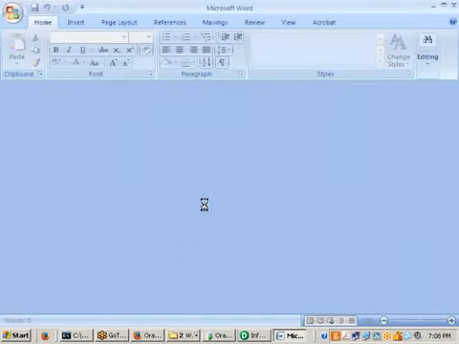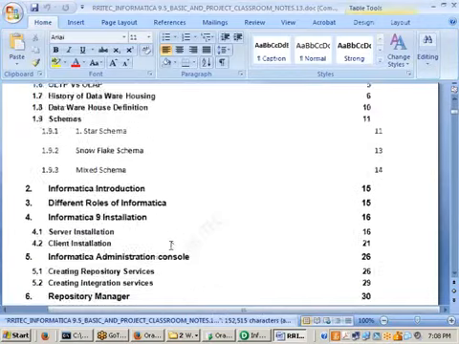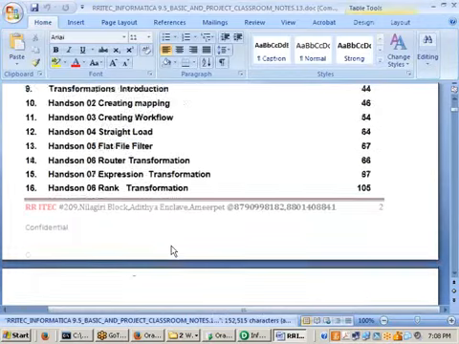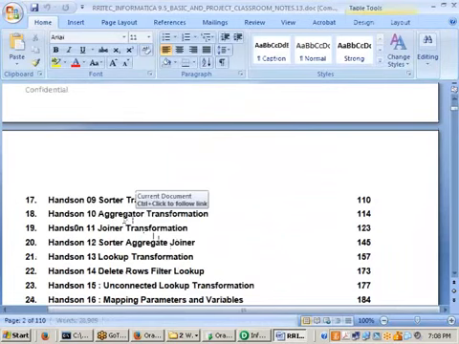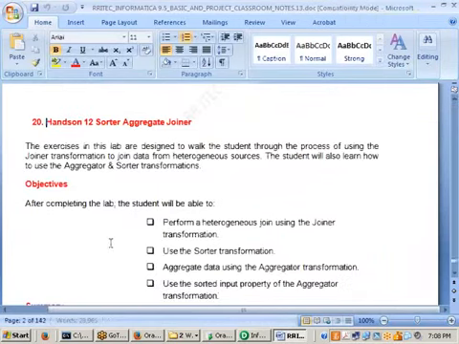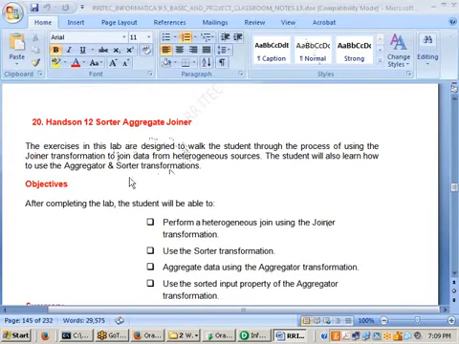That's where only one small exercise, to get the confidence level to increase. I am going for this exercise. Let us go and try to finish that one as soon as possible. Hands-on tool: sorter, aggregator and joiner. So this exercise in this lab is designed to walk the student through the process of